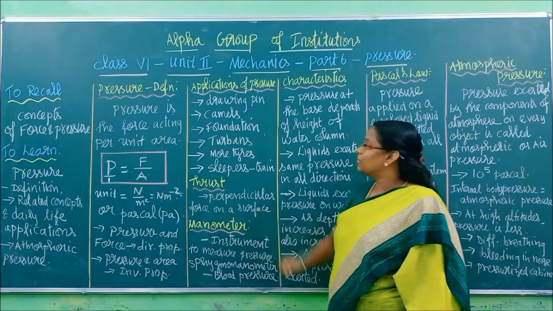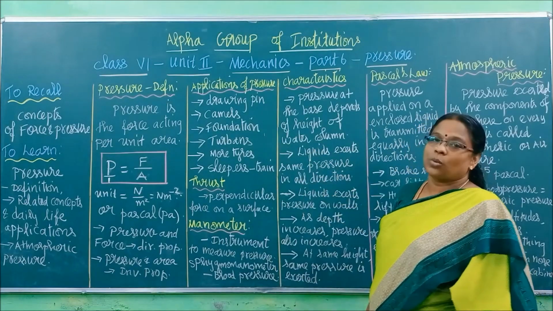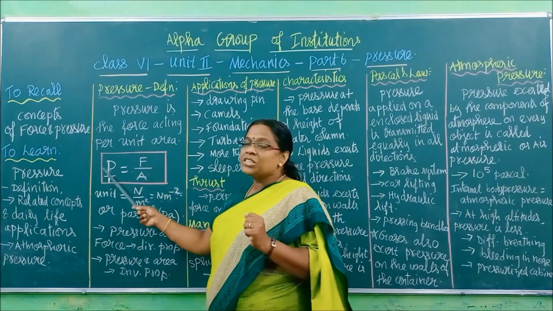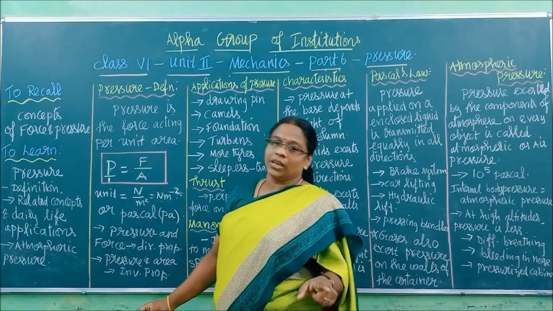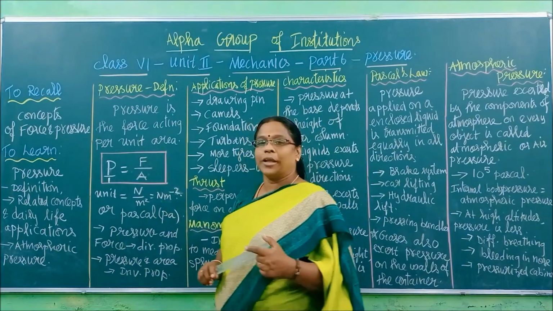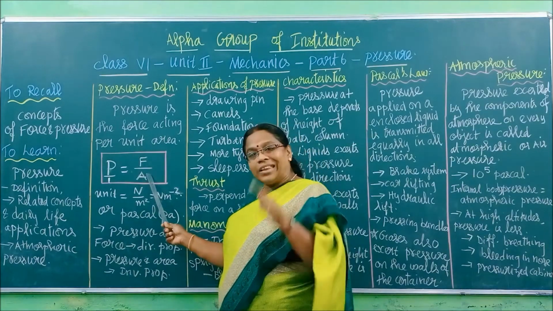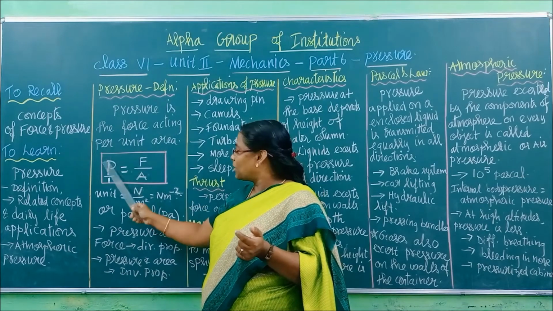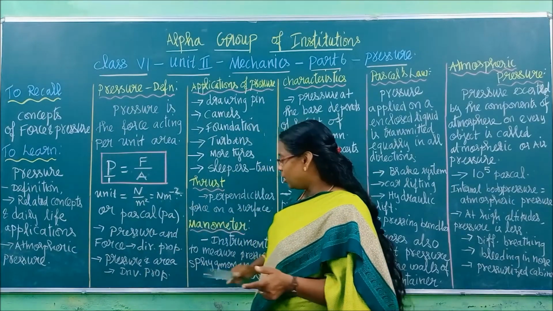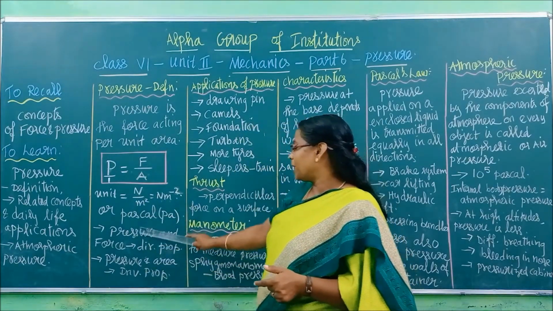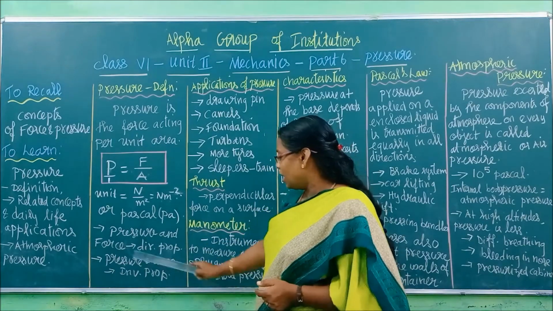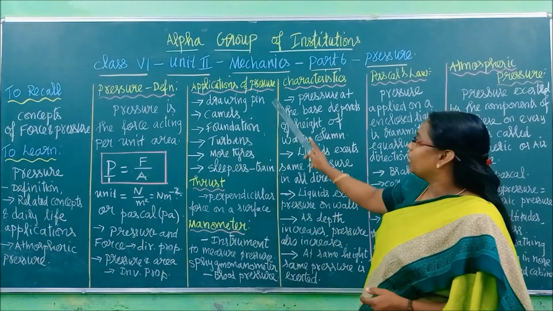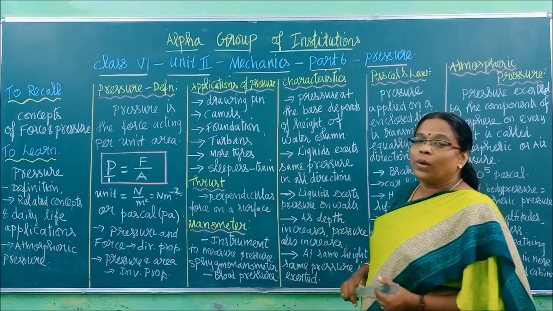So in regard to that, we have some examples over here. Now remember very carefully: if force increases, pressure will also increase because force is in the numerator. If area decreases, pressure increases. If area increases, pressure decreases. So that is what I have explained here. Pressure and force are directly proportional. Pressure and area are inversely proportional. Okay? Now, some examples I have explained over here.